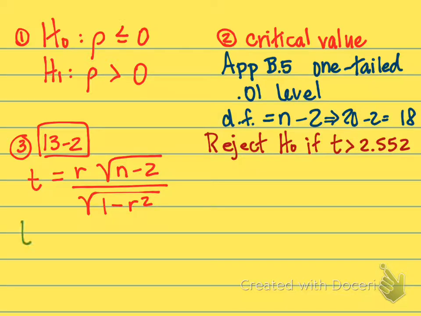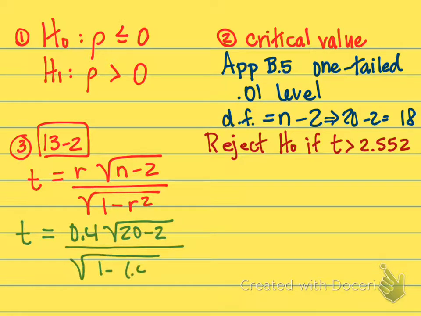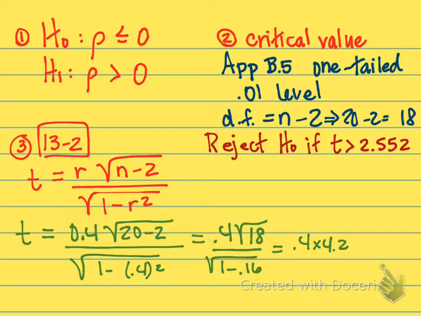So we have t equals, okay, well, our r we were told was 0.4. Again, my sample size was 20, so 20 minus 2. And then divide by the square root of 1 minus that 0.4 squared. So we'll have 0.4 times the square root of 18. And then we'll have that divided by the square root of 1 minus 0.16. So this becomes 0.4 times 4.243